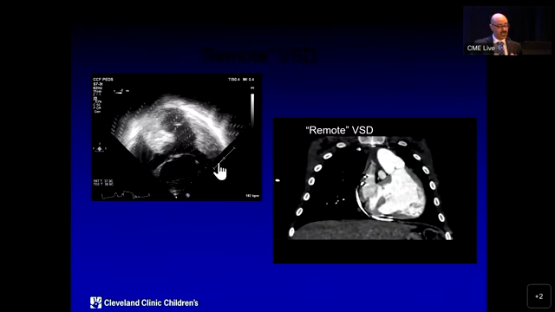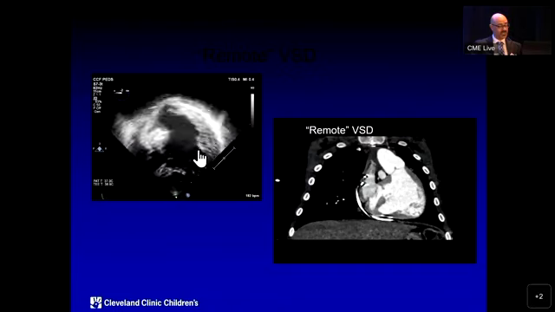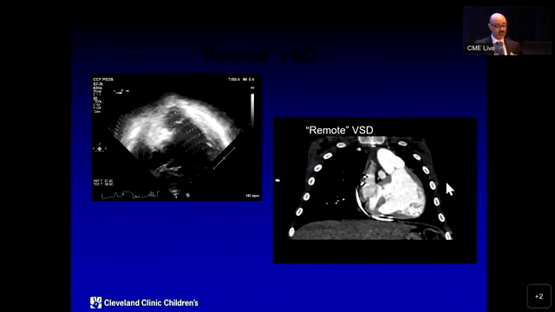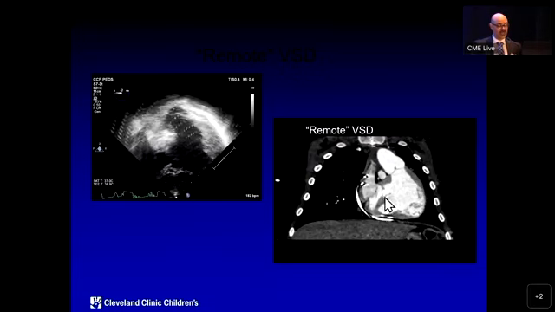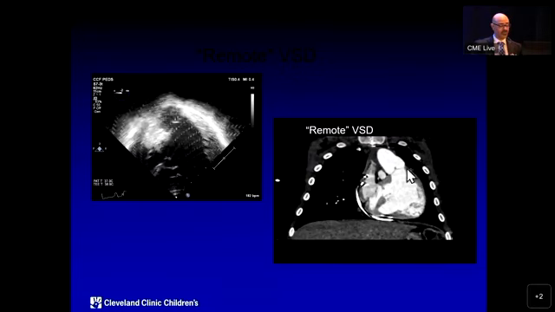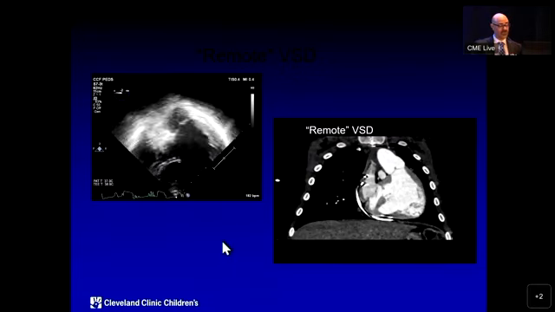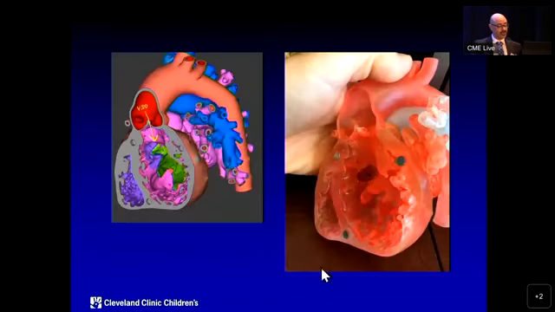And this was a learning case for me, because when we looked by both TEE and CT, just the raw data, every cardiologist in the room said this is a remote VSD. The pathway is too long. We cannot route it to the aorta. And it was only after 3D printing, when we looked at the model and held it in our hand, that